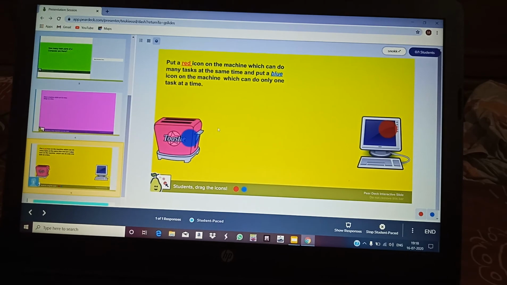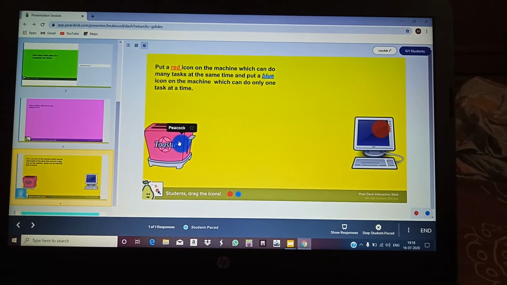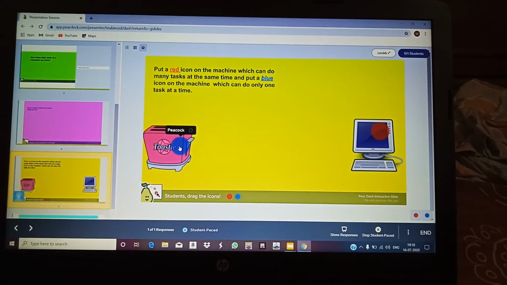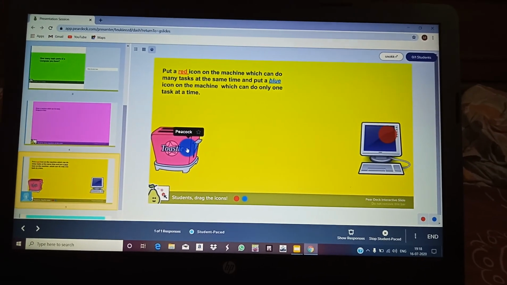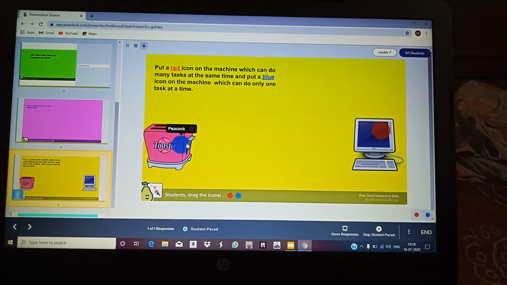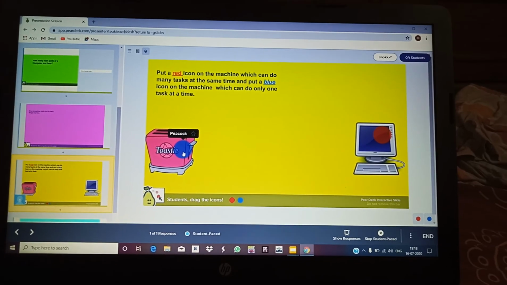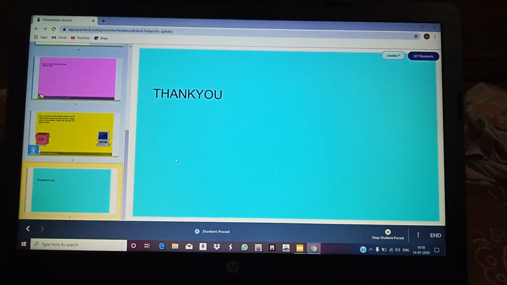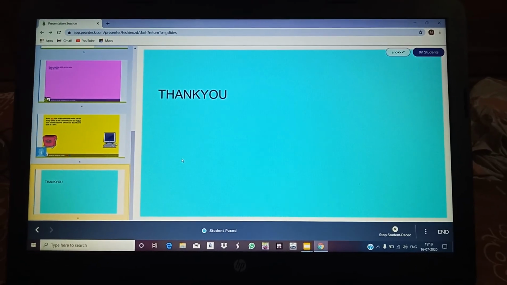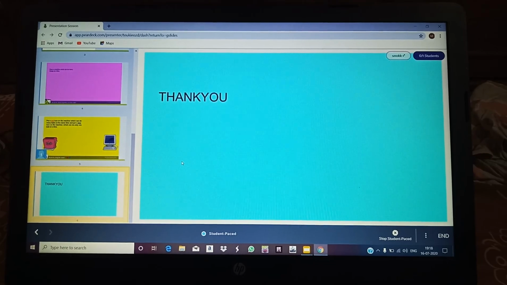As they are known by names given as animals, when you keep the cursor on the dot, you will see that peacock is coming here, means peacock has answered. This is how you can differentiate. It will help teachers see which child has done it, though you will not be able to know the name, but you will be able to differentiate. Now this slide and the last slide is thank you. So this was all about Peer Deck. Hope this will be easy for you to understand. Thank you.